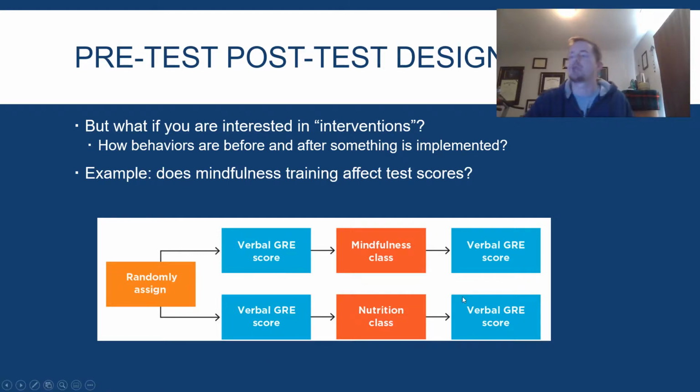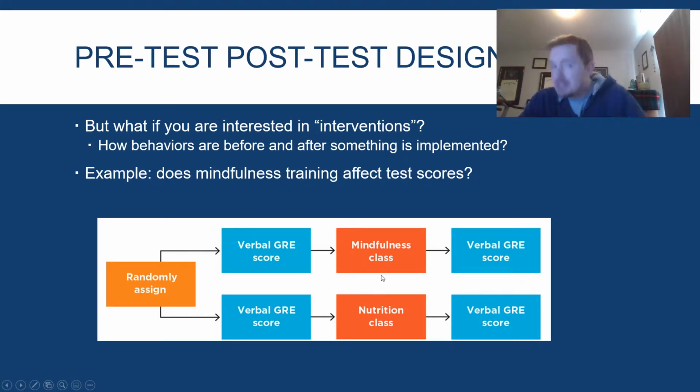Why? Because we want to have a class that probably takes the same amount of time over different information. The reason why we'd want that is because if we randomly assigned them to go into, let's say this condition down here, they took the pre-test and they immediately took the post-test.